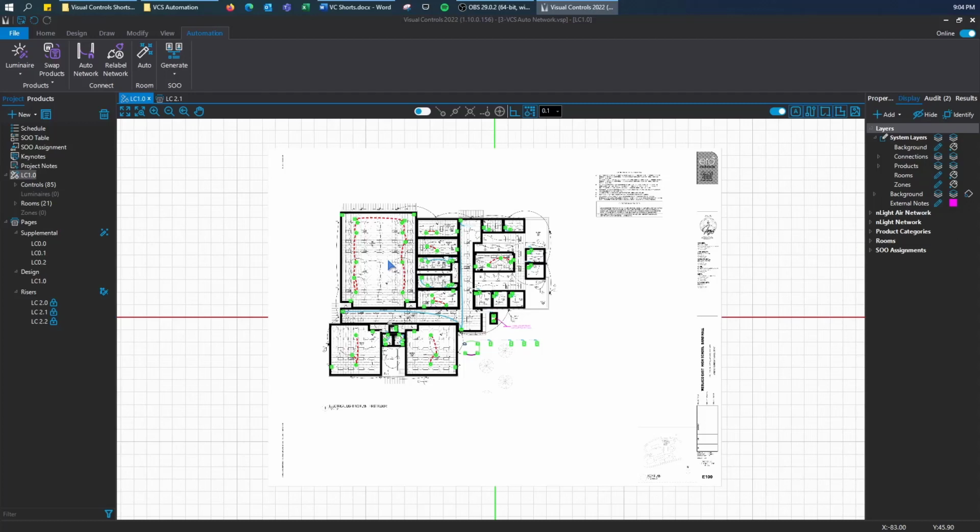So let's review. The Auto Network tool allows you to fully network entire projects for nLight Wired if all of your devices are correctly wired with Cat5 prior to networking. This tool will also fully network an entire project for nLight Air, provided that you have rooms drawn before networking. Selecting Create Backbone page in your Auto Network options will provide a new design page with a full network tree of devices. Deselecting this option will place the network devices directly into each design page on the bottom left of